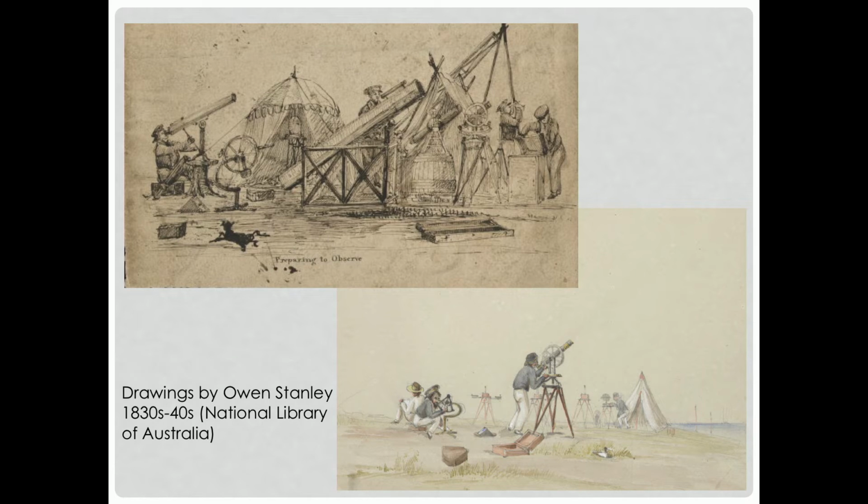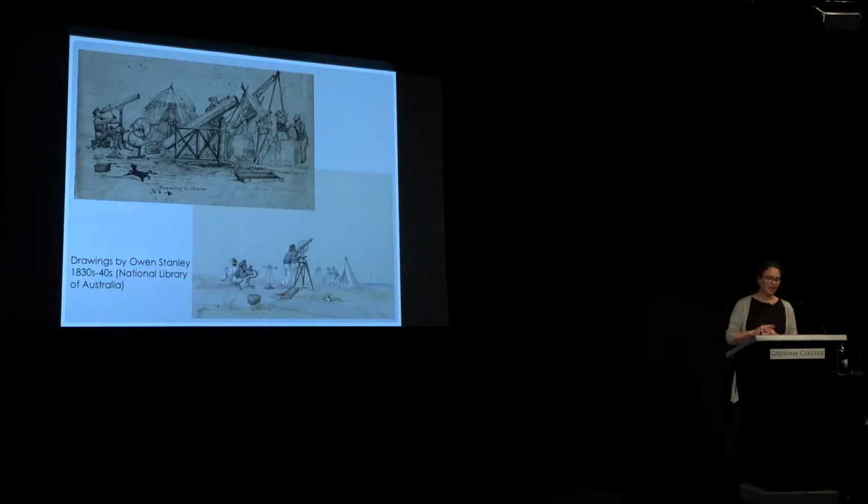And by the 19th century, these sketches, just to finish, produced in the 1830s and 40s by the naval officer Owen Stanley, show that what had been the provenance of these civilian supernumerary mathematical practitioners and observers has become something that's really the business of naval officers themselves. So Stanley had been educated at the Royal Naval College in the 1820s. At that time, his mathematical education was supported by James Edmond as Professor of Mathematics, and he had once